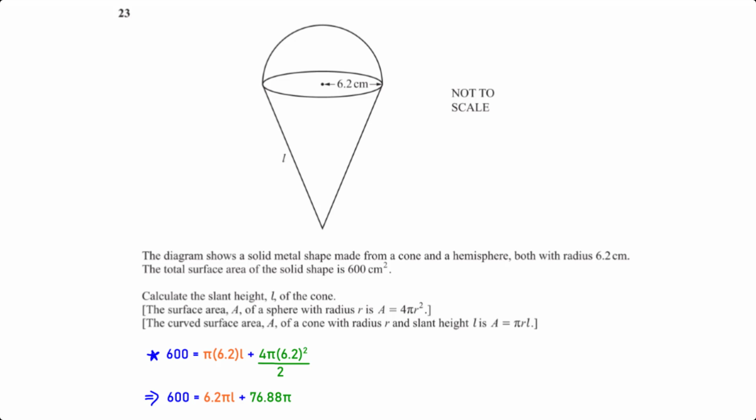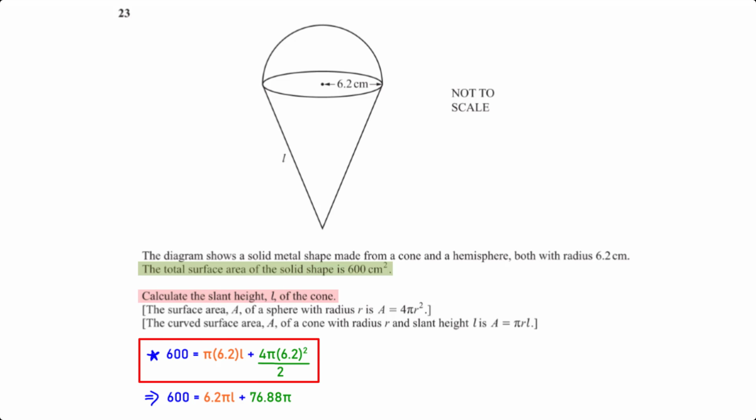The diagram shows a solid metal shape made from a cone and a hemisphere, both with radius 6.2 centimeters. The total surface area of the solid shape is 600 centimeters squared. Calculate the slant height L of the cone. The total surface area of the solid, which has been given as